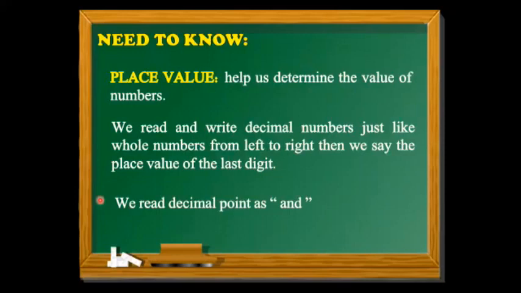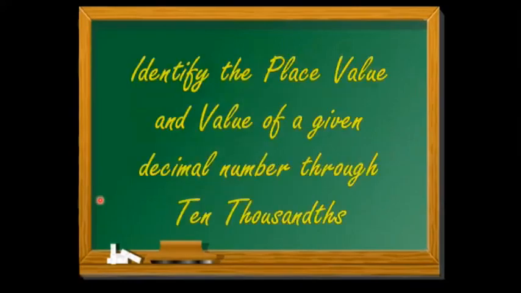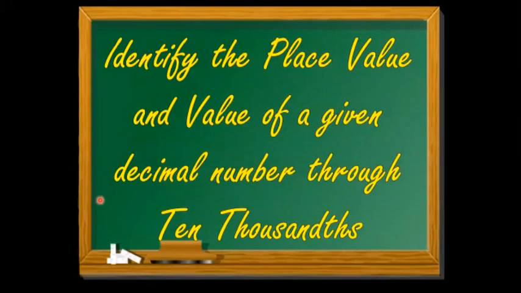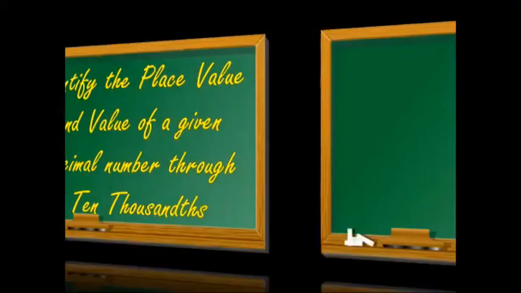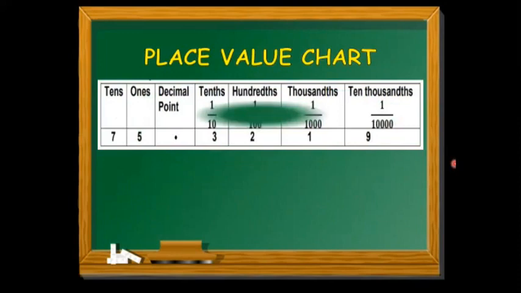So, let's start first with our first topic. Identify the place value of a given decimal number through ten thousandths, okay? So, let's start with a place value chart, okay? So, we have this chart: ones, and then there's the decimal point we just read as "and", and then we have the tenths, hundredths, thousandths, and ten thousandths. Okay,